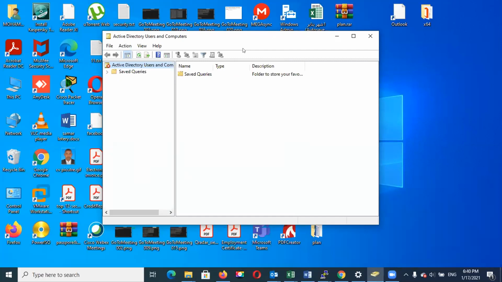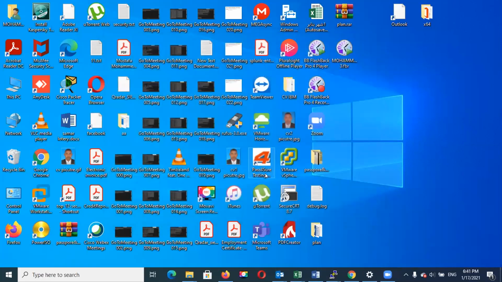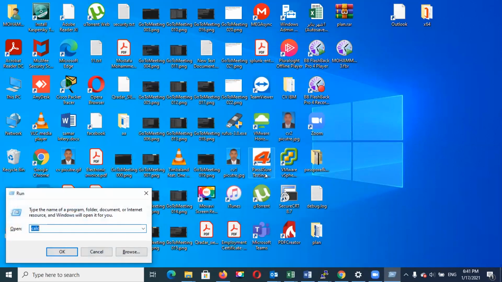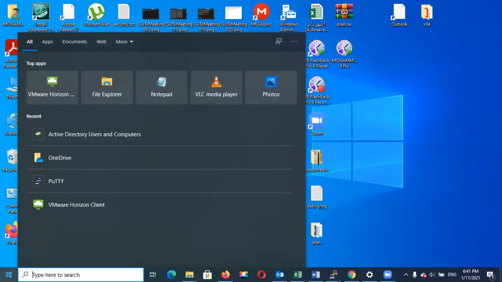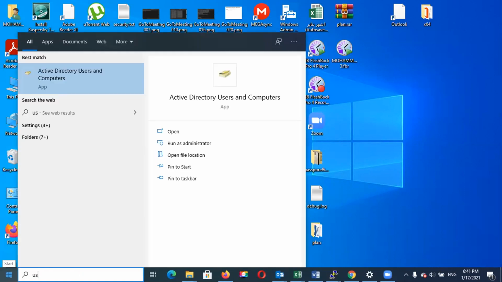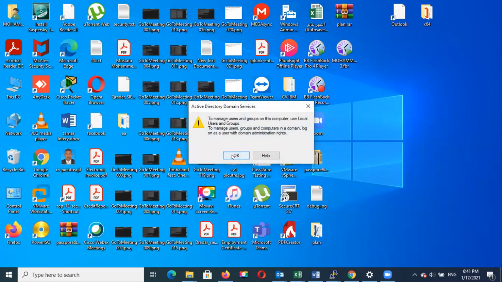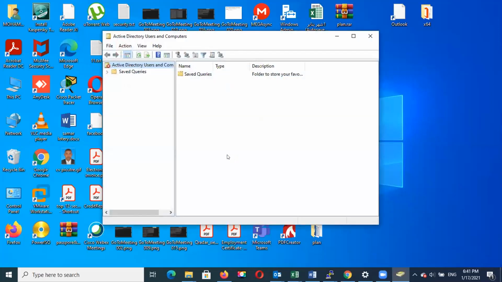You should see Active Directory user and computer. I think you have to open it again, if you can do that again. Yeah, search. Go click on the start. No, not here. Cancel. Okay, user. Yeah, the first one. Active Directory user and computer. Okay, no, it's not connected to a domain. Your laptop has not connected to the domain. Yeah, your laptop has to be in the domain. I'm in the domain. Okay,